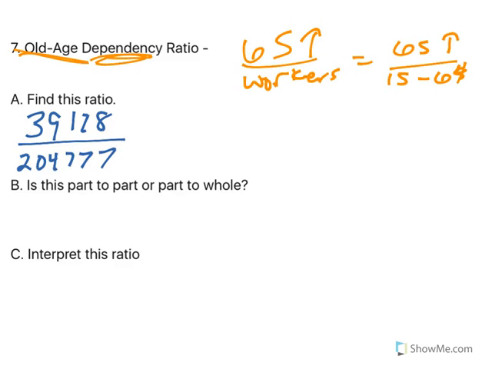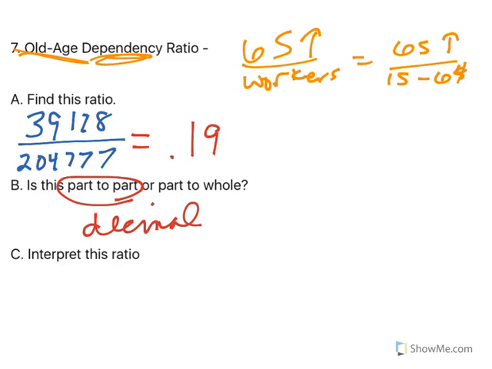And hopefully, again, your brain knocks on you and says, hey, 65 and over is a part, the workers are a part. This is a part-to-part ratio. I can only write this as a decimal. So when I divide top divided by bottom, I get 0.191. And when I put that over 1, I have the old people on top, the workers on the bottom. And as I did in the last problem, if I want to move that 3 places over, I get 191